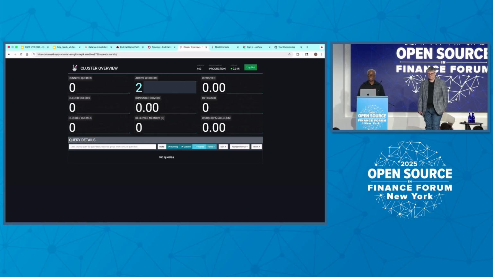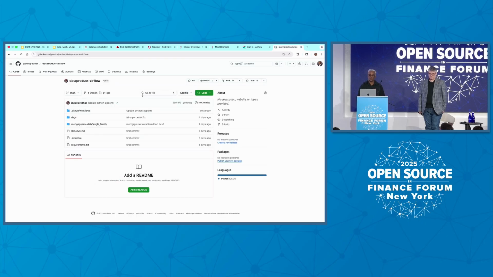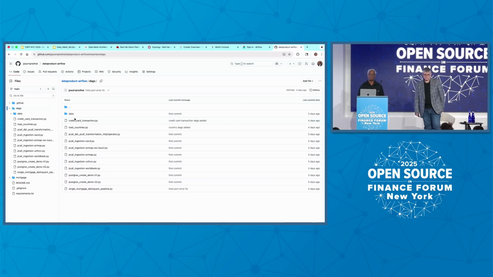Okay, so how do I deploy my data product? A data product is nothing but source code. All my data products are in my GitHub. That's my source of truth. These are my DAGs, my data pipelines. I define all my data sources, where the source of my data is, extract the data from the source, apply the transformation rules, then deploy that into the destination. It could be an S3 bucket, or a relational database, based on how you are storing clean data and curated data in the backend storage system. These are my data pipelines.